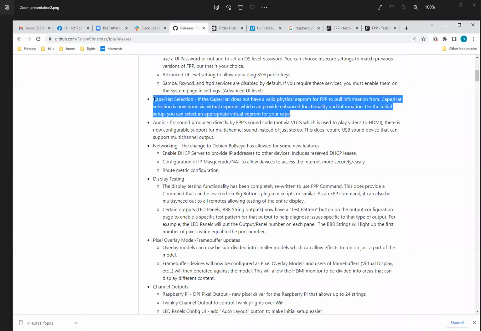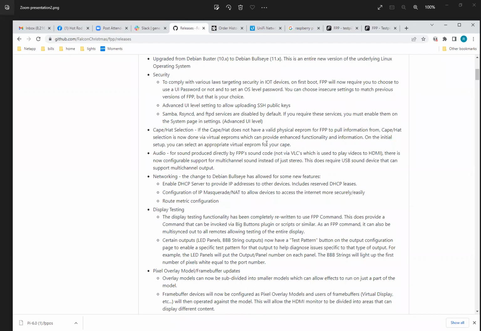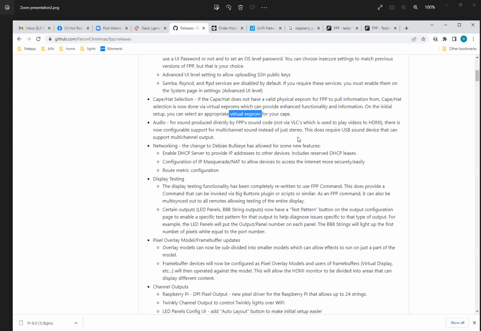Any immediate questions? I know I didn't stop at the security section. Any immediate questions on security or cape and hat selections and the idea about an EEPROM that contains cape information, like how many string ports, what it's capable of, and the virtual EEPROMs for standard capes? For example, Pi hats did not have an EEPROM before, but they will have to have a virtual EEPROM installed in